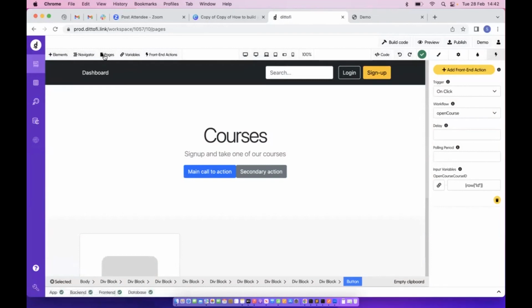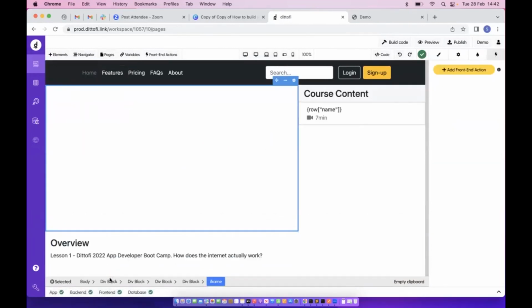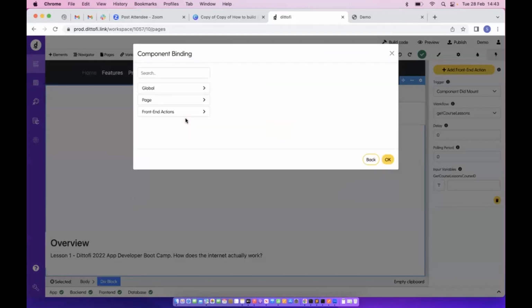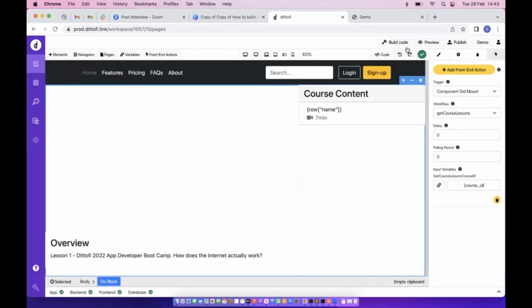If I now go to this page again, I still want to run that get course lessons action. This get course lessons is also expecting a course ID. So I can now come here and say, I want to take the course ID from my URL, and you'll find that as a variable, but under this pages section now. So I can do course ID like so. So if I now build this again,